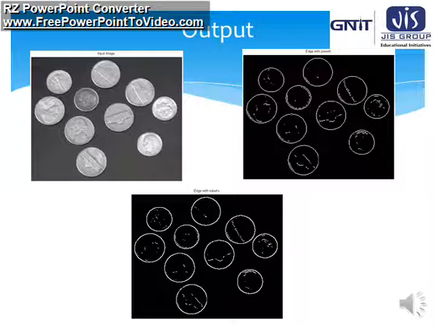Now we will move forward to the next slide to see the Sobel and Canny. So first you have to remember the original image, the corresponding edge after using the Prewitt, and the edge after using the Roberts edge detection technique. Now we will move forward for Canny and Sobel.